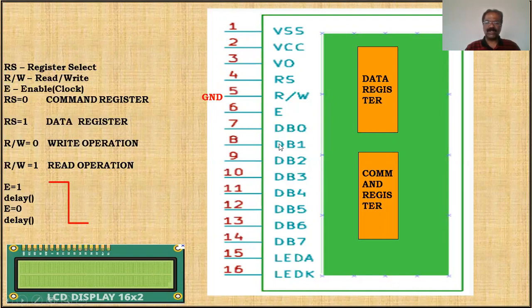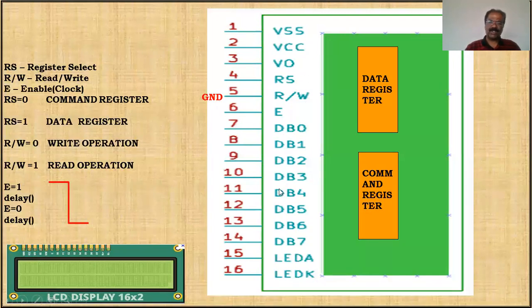We can use 8 data lines, or you can use 4 lines also. But in my example, I'm going to use 8-bit. That is pins 7 to 14. Use it to place data on these lines, and there'll be 3 control pins called RS. RS stands for register select. Then R/W, that is read write, and there'll be one more pin called enable. Therefore, we require 8 data lines and 3 control pins to interface with your LPC2148 microcontroller. Along with that, we need ground and plus VCC.